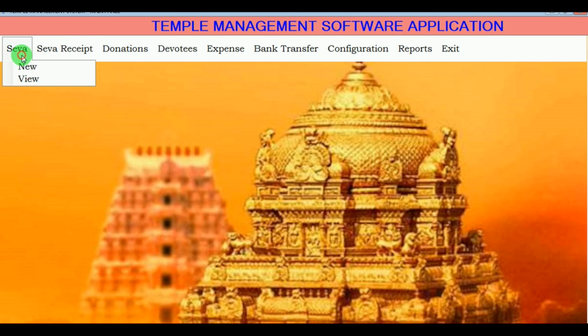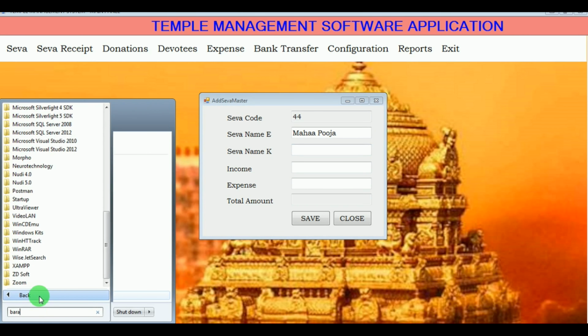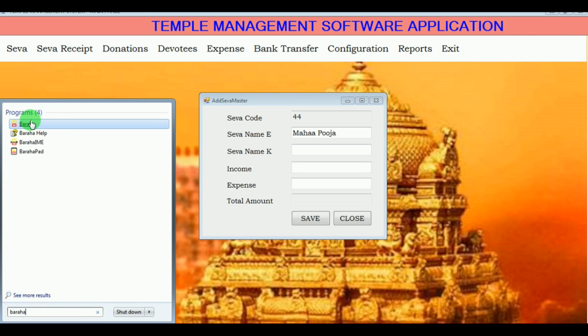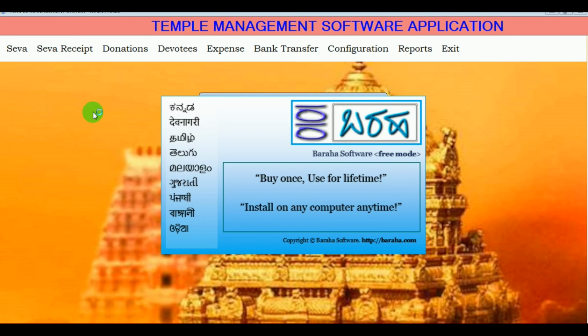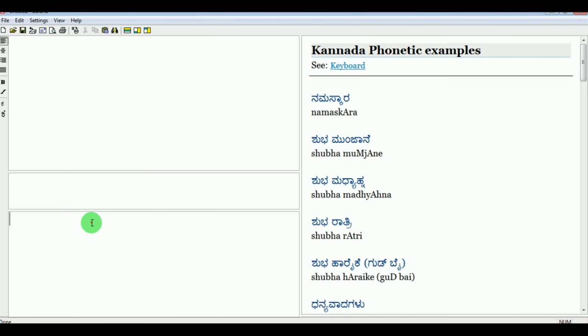Under Seva, in new, here admin can add the Seva names, that is the pujas that can be performed in the temple. To add the Seva names, here admin must mention the Seva name, income, expense, and we can see that there is one more option, Seva name K, that is Seva can be written in any other language.